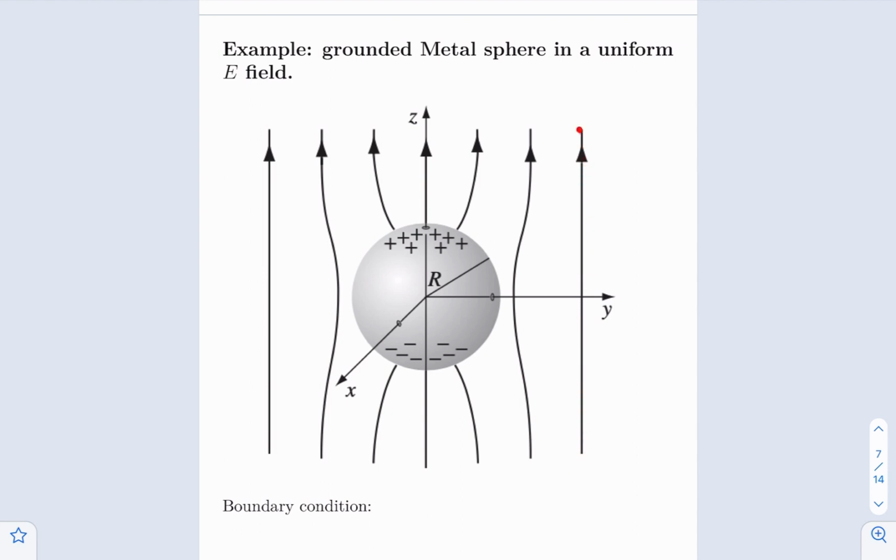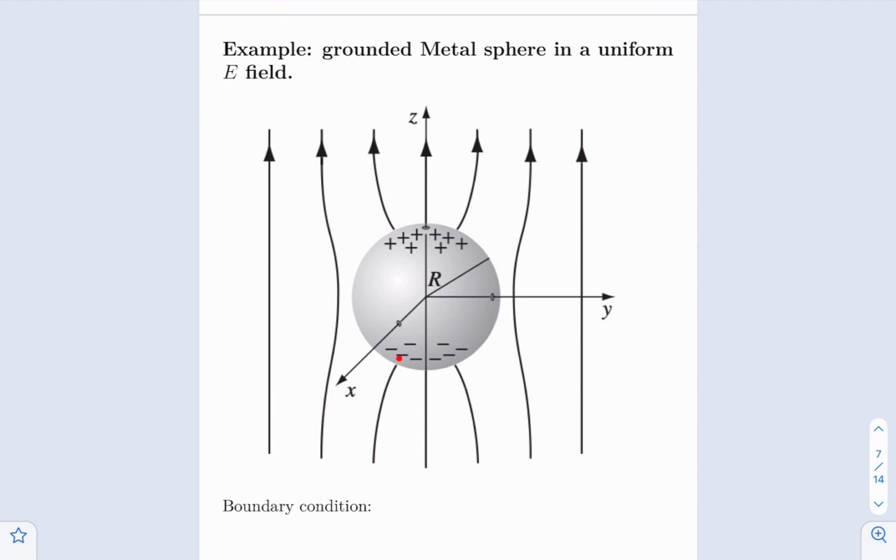So if there is no metal sphere, then the electric field will all be straight lines pointing upwards. Now in this background electric field, we add an additional metal sphere. What this metal sphere does is that it enforces an equipotential surface at the surface of the sphere. And you can imagine that because of this metal sphere,